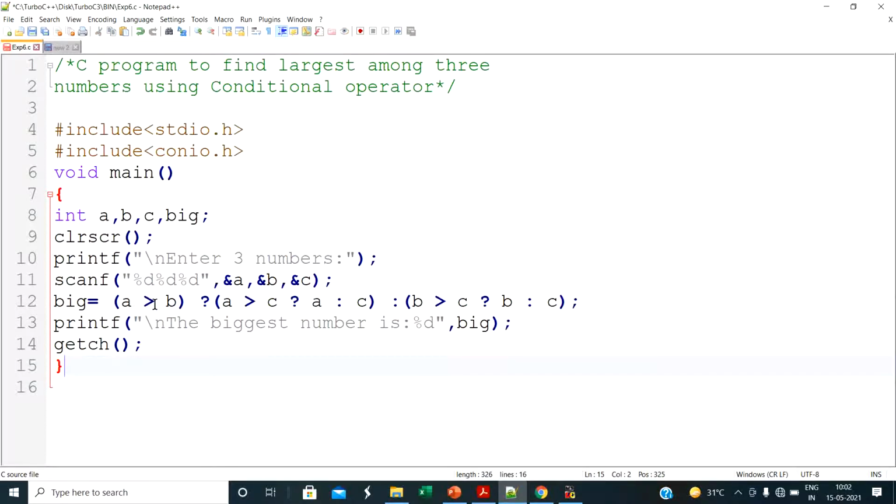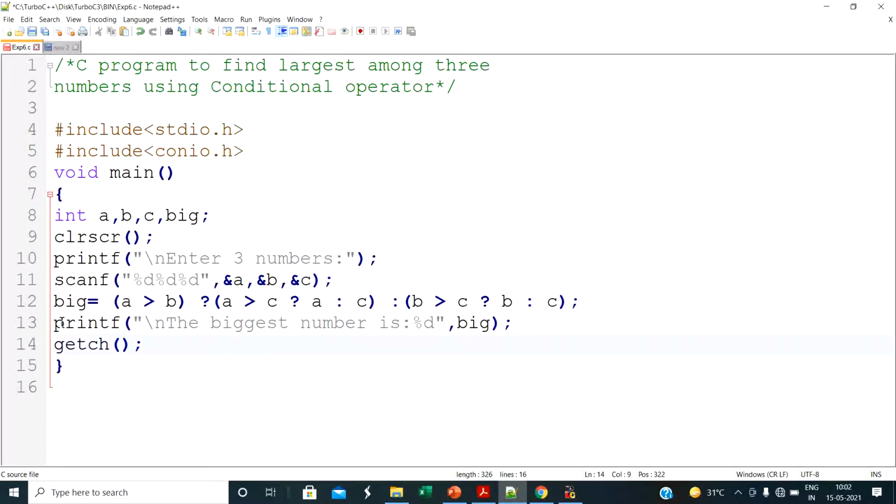If the first condition is true and the second condition is false then the value is c. If the first condition is false then it executes this part: b is greater than c, question mark b colon c.